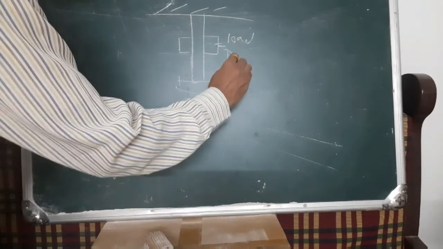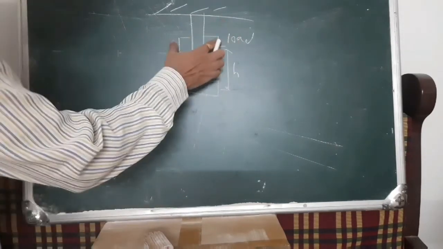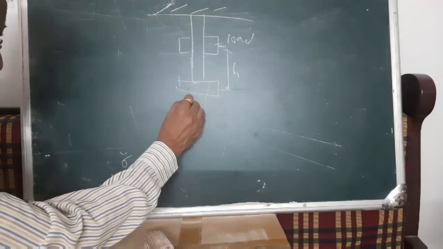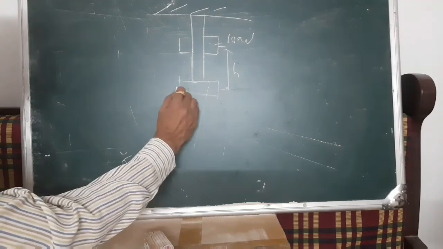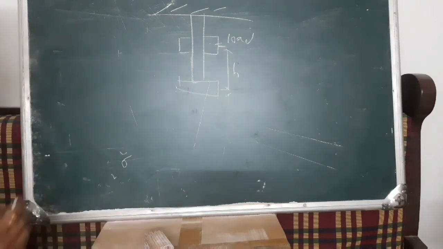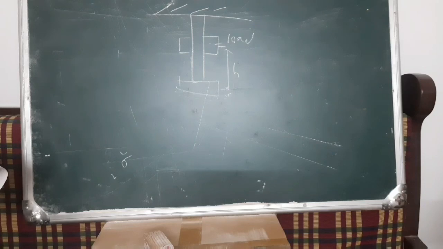What will happen when the weight falls? There will be slight deformation in the element. We can say delta will be the deformation. Now we have to see what the effect of the impact will be when the load is applied. This is a simple example of a suddenly applied load. Now what does the figure show? A load dropped from a certain height.